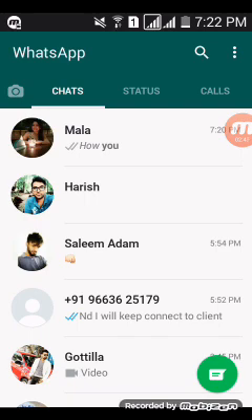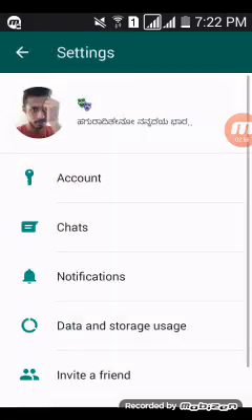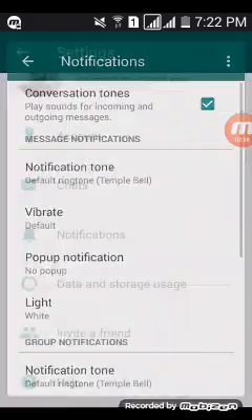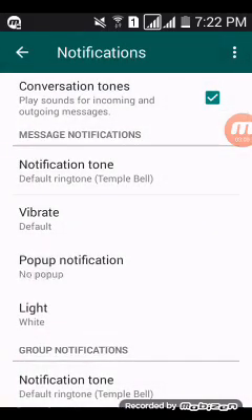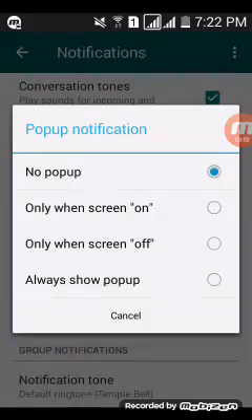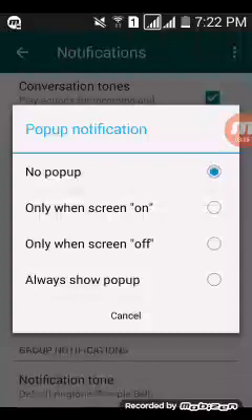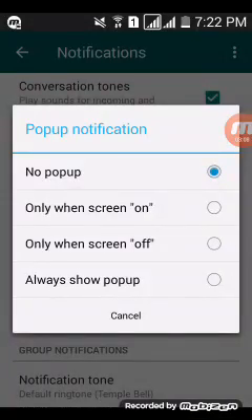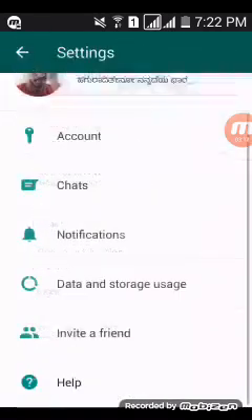So कैसे notification को ऑफ करते हैं और कैसे नोटिफिकेशन को चेंज करते हैं सेटिंग्स। सो मैं यहाँ पे जाता हूँ मेरा अकाउंट पे। सो यहाँ पे मेरा नोटिफिकेशंस टैब है, वहाँ पे जाके पॉपअप नोटिफिकेशन पे मैं चेंज करता हूँ ओनली व्हेन द स्क्रीन ऑन, ओनली व्हेन स्क्रीन ऑफ और ऑलवेज शो पॉपअप ऐसा नोटिफिकेशन में चेंज कर देता हूँ। नो पॉपअप मीन्स इट विल नॉट पॉपअप एट ऑल. So this is how it works.